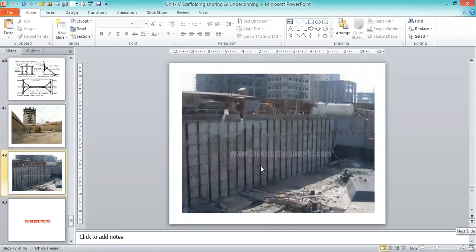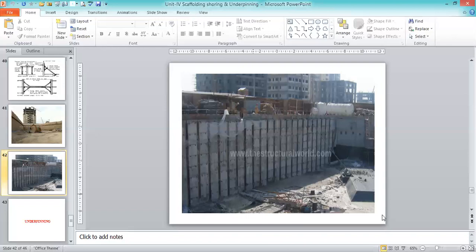This is another one. Most of the cases are high rise buildings where the bearing capacity of the soil is very low. Then automatically we go for deep excavations, or deep foundation. In deep foundation there is every chance of the sliding mass, or sliding of the soil, to occur. To arrest the sliding of the soil, the support we provide is called shores, so the flying shore or the racking shores are provided to arrest the soil sliding.